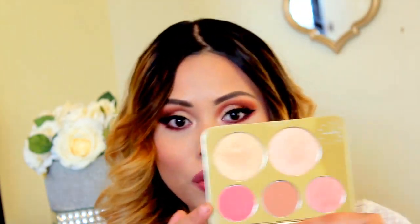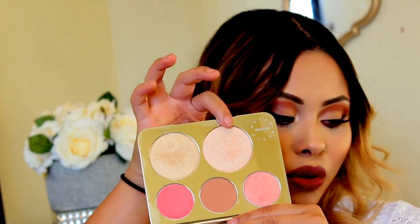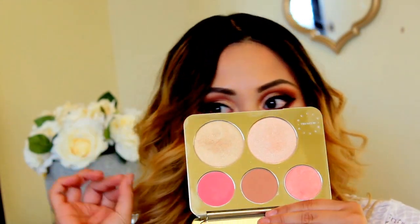But with this one, oh my gosh, honestly, I loved Champagne Pop, the pigmentation of it, the shimmer of it, and this one is just as amazing as the original Champagne Pop highlight. I am obsessed with Prosecco Pop, which is the new shade. I've had this one for like the past year, and it's been one of my go-to highlights. I love the color of the blushes, so for me this palette is a definite go